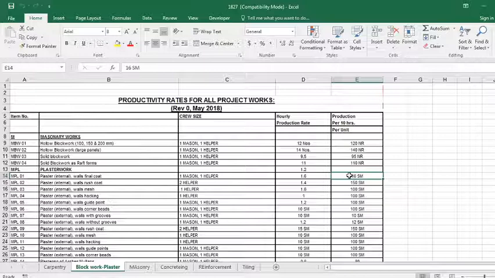When I talk about per day, a day is 10 hours here, because I told you these masons and all work for 10 hours per day. For wall mesh and all, I just need a helper and can do 10 square meters of work per hour, and that gives 100 to 150 square meters of work per day.